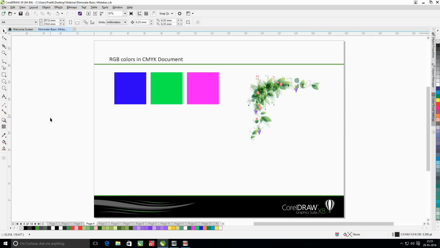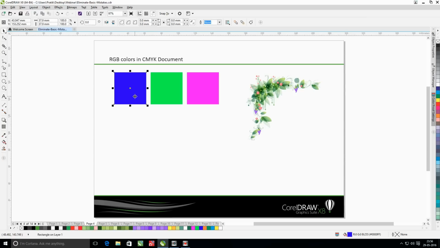Another basic mistake which I see is users use RGB colors in a CMYK document. Now what happens is the RGB color gamut has too many colors which are not achievable in a CMYK environment. They are too bright to be printed in CMYK colors.